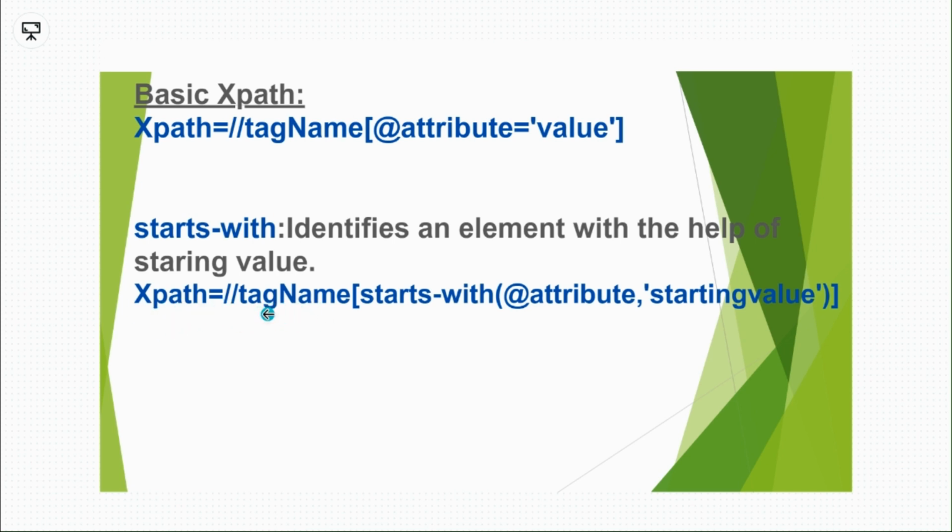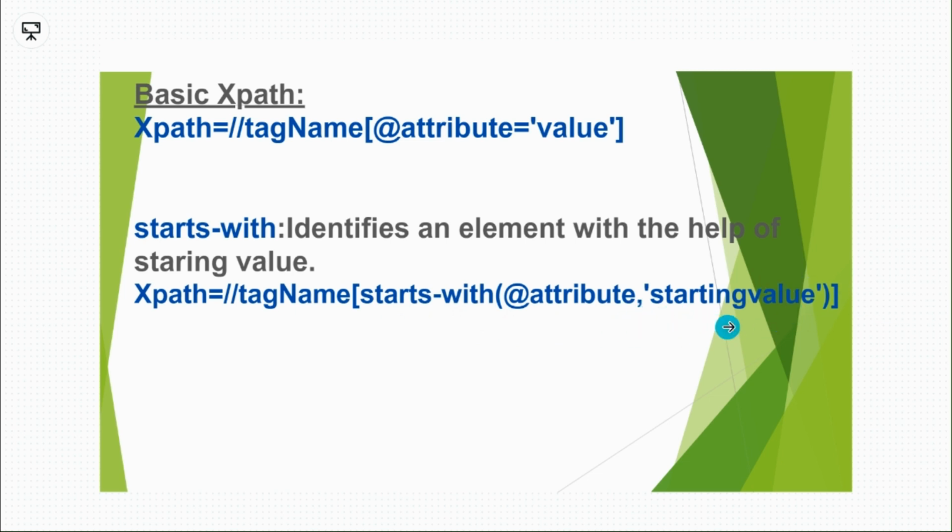XPath would be starting with the double slash tag name and then square bracket, and we have to write this method name starts with and then round bracket. After that we will use at and attribute and comma. So here is the difference. If you see the basic XPath, we are using at attribute equals to value, but now we are not using a whole value. We would be using some partial value. That's why we have given a comma. With all these functions, whatever XPath supporting, we will use after attribute, we will use comma and then the starting